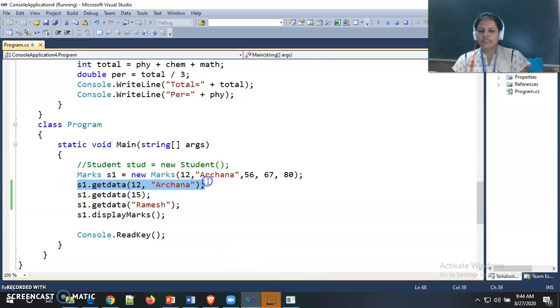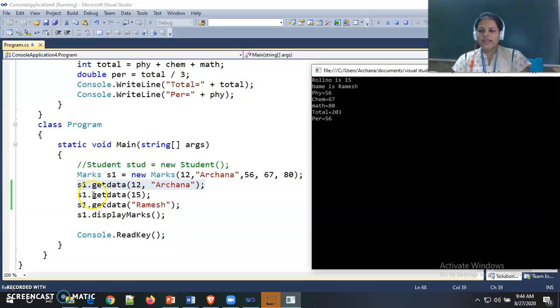After this get data, I call get data and change the roll number to 15. So my updated roll number is 15. Then I call s1 dot get data once again, passing Ramesh as the string for name. Then the name value changes from Archana to Ramesh. So my final values of roll number and name are 15 and Ramesh.